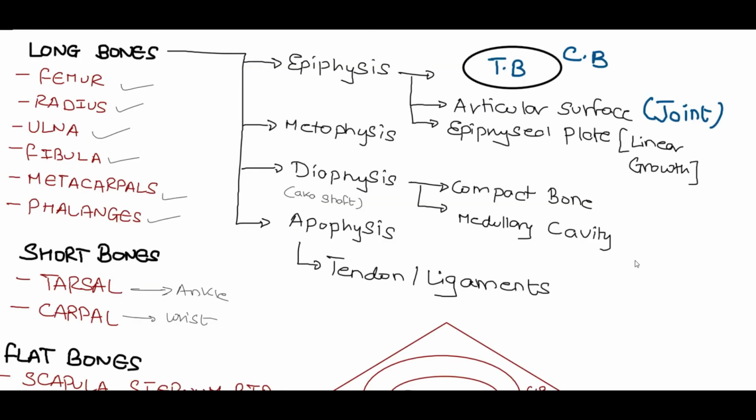The long bones can be further classified into four parts, which are the epiphysis, the metaphysis, the diaphysis and the apophysis. The epiphysis, as we have seen, is present at the extremities of the bone. The metaphysis is located in between the epiphysis and the diaphysis, and the apophysis is the region which is enclosed by the tendons or the ligaments. These are mostly the regions present at the extremities, since our extremities are involved in the formation of the joints.